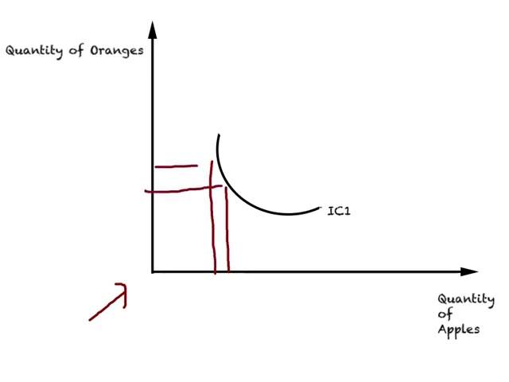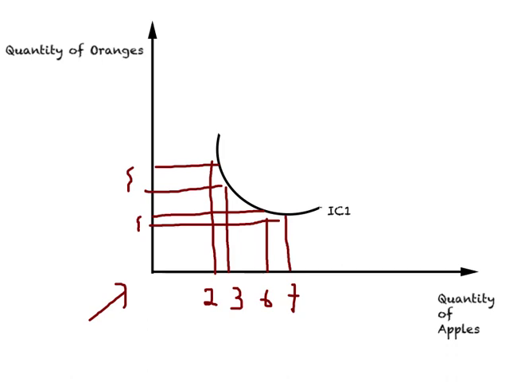suppose you decide to increase consumption of apples, say from 2 to 3. How many oranges do you give up? These many. And if you decide to increase consumption of apples, say from 6 to 7, 1 unit, how many units of oranges do you give up? Very little, very little. And or in other words,